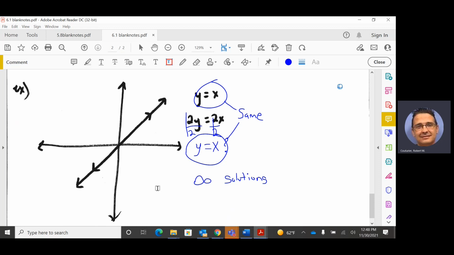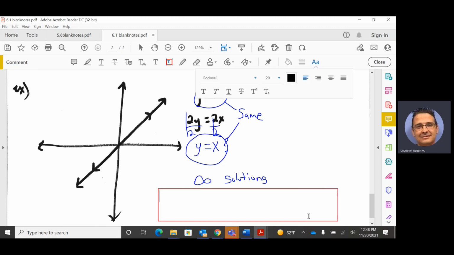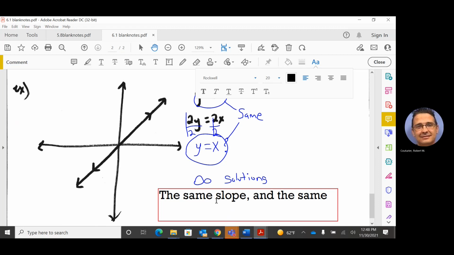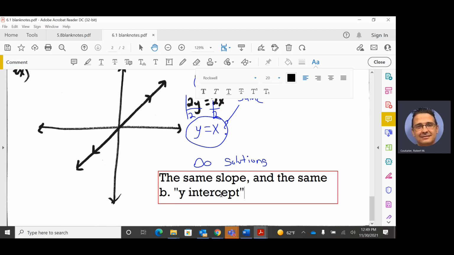And why? If we had to put it into words, why is it an infinite solution? They have the same slope and the same b, which is the y-intercept. Notice, same slope, same y-intercept. There you go. And that is, in a nutshell, how we visually can inspect a system of equations